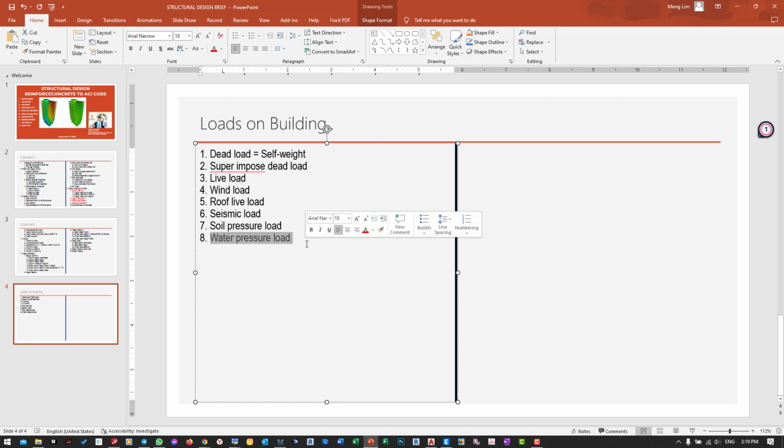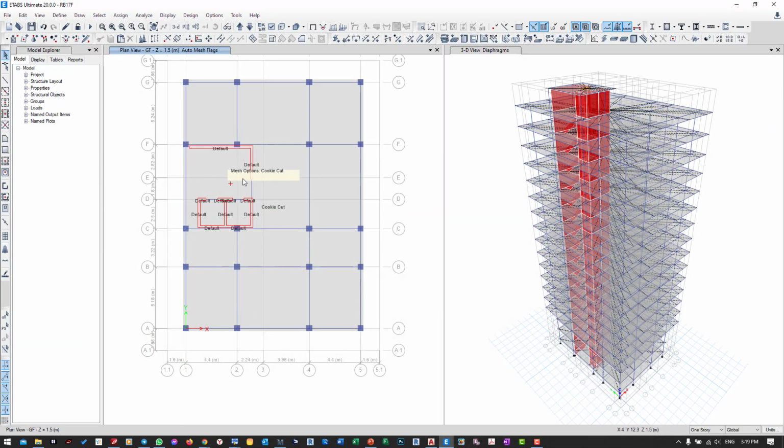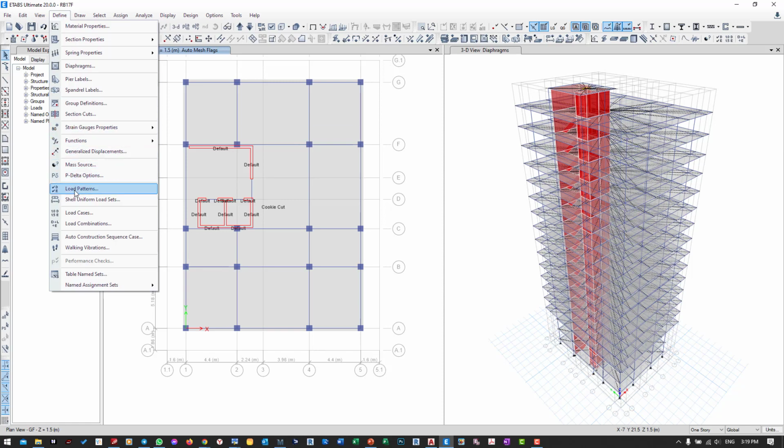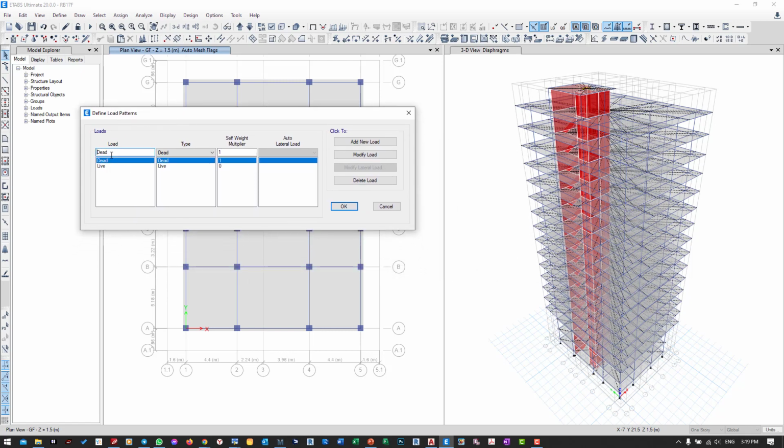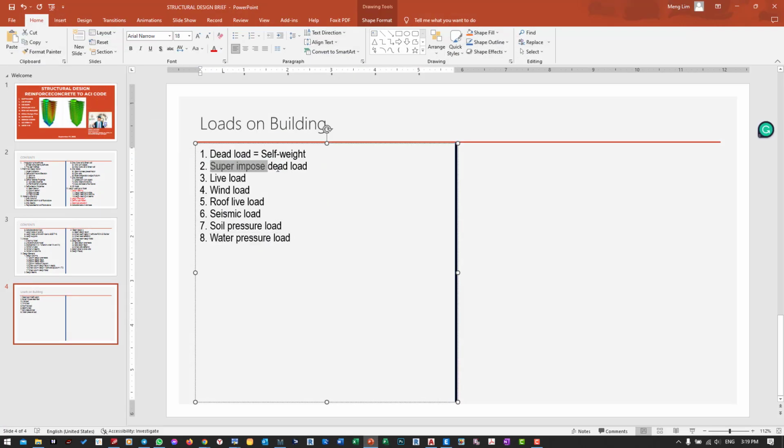And void pressure, also the pressure of the water that acts on the swimming wall or swimming pool and retaining wall. Okay, so in our ETABS we can define this type of load by going to Define and Load Patterns. Here ETABS also has two types of load by default: dead load, this means the surface load, and the line load. So we are going to define the superimposed dead load and also the wind load and also the roof line